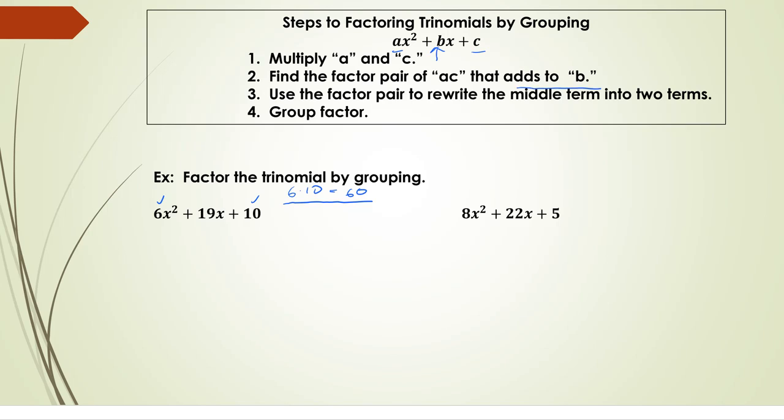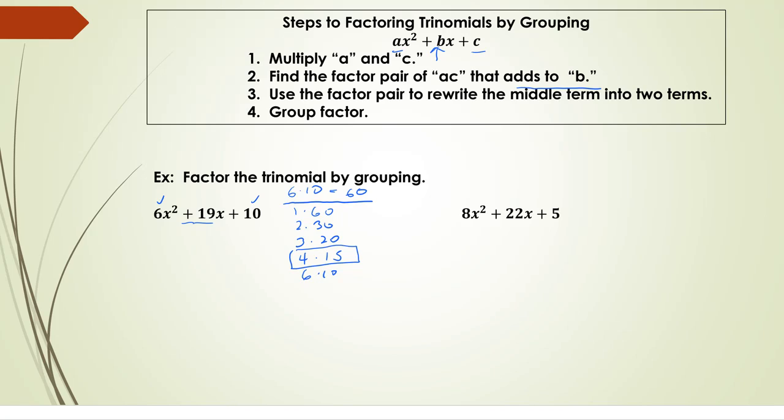So I'm looking for a factor pair of 60 that adds to 19. So remember our process: 1 and 60, 2 and 30, 3 and 20, 4 and 15, 6 and 10. And we could continue doing factor pairs, but we're really just looking for the one that adds to positive 19. See the positive there? So I'm going to take 4 and 15 because that would be the pair that adds